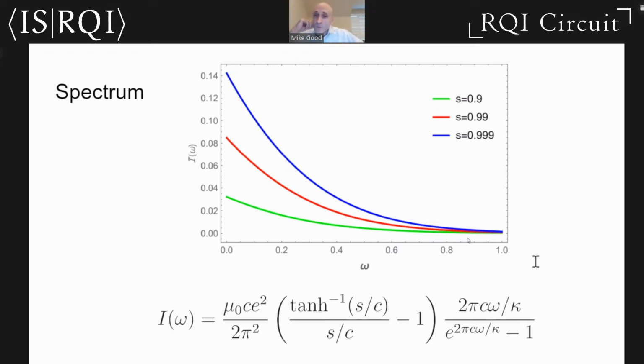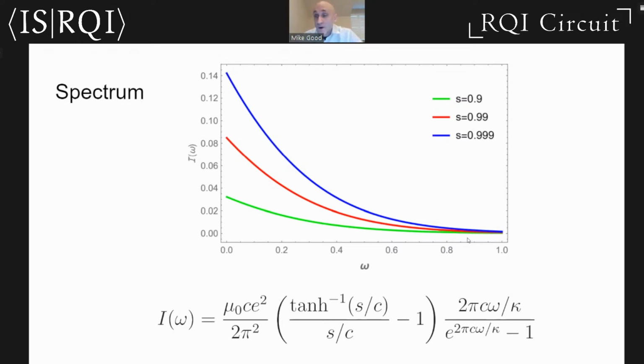So this is a one-dimensional Planck distribution from an accelerated electron. Now, one-dimensional meaning that it's not the Planck distribution that we see from the sun or from the universe or from your oven, but in fact it is a one-dimensional Planck spectrum, which does have some corresponding phenomena in the real world,